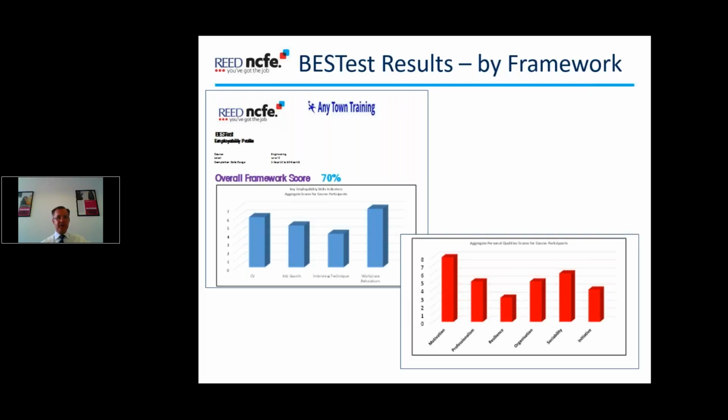So this tells you that actually these engineering level 2 students are pretty genned up on how to behave in the workplace, but their interview skills are rubbish. So they'd be great once they got there, but they're unlikely to get there because their interview skills are poor. So wouldn't that be really useful to know? Because that would allow you to say, I'm going to do a pilot work around this cohort to improve their